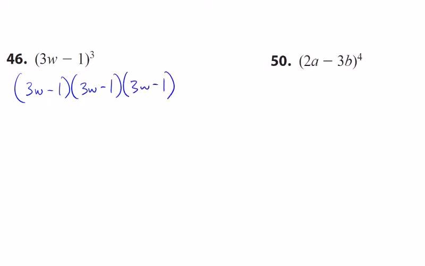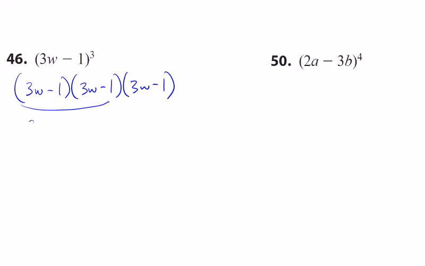We could formulate a shortcut, but these aren't as common. And so my recommendation is just to actually cube it, right? We could do this with the shortcut, right? We could get